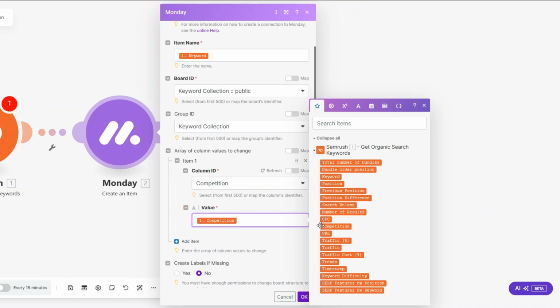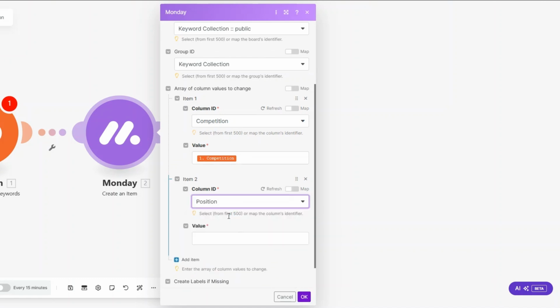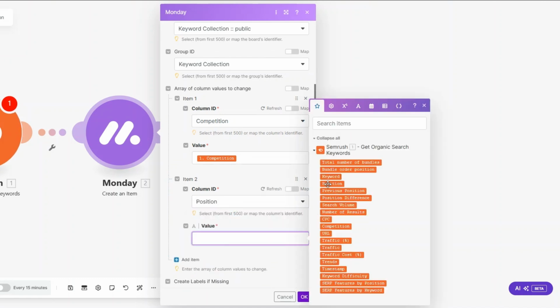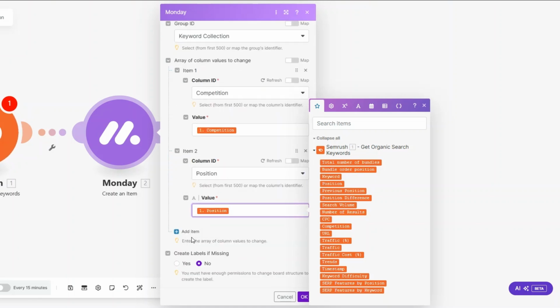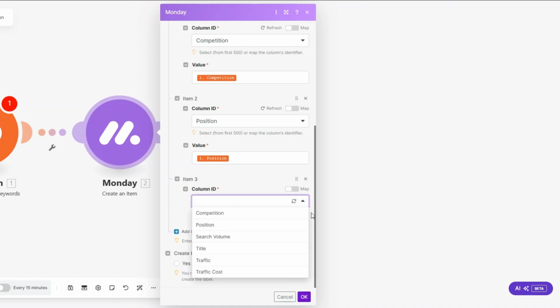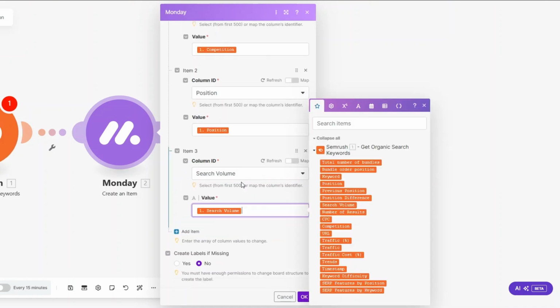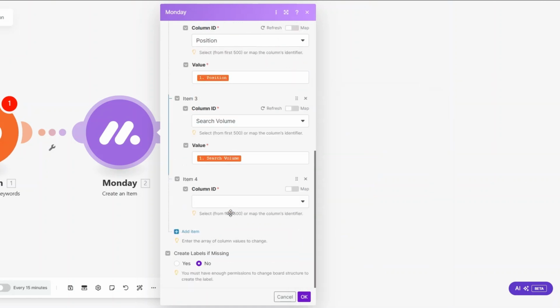For the competition, we're going to add the competition value right here. We're also going to add a new item and choose the column ID. I'm going to choose position as a column, and add the value for the column, which is position. Here I'm going to add a new item and then add a new column. The new column is search volume, and here we're going to add the value for the column. Then I'll click on add a new item,